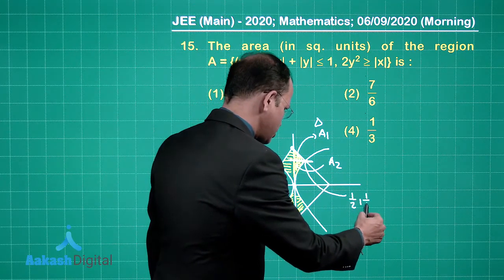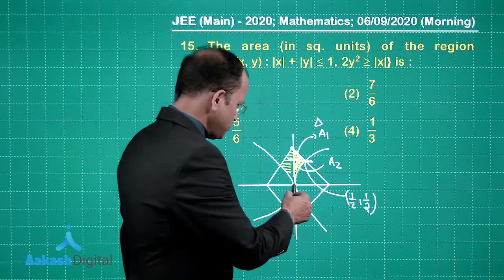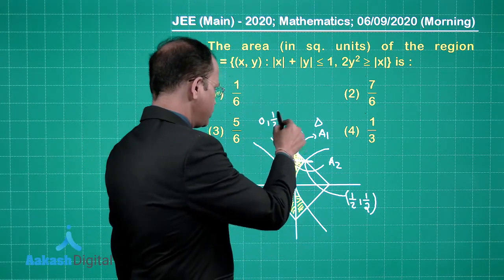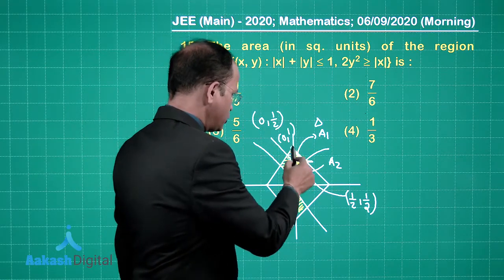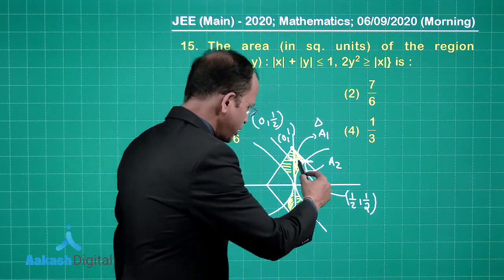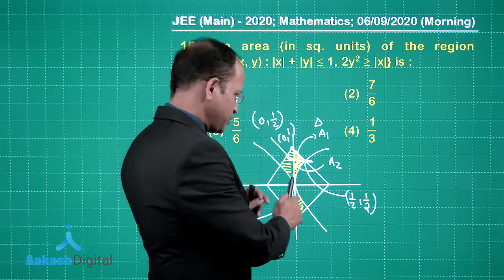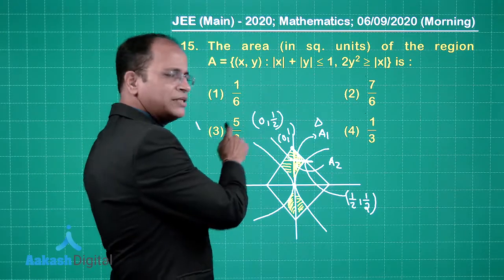So you have to just check it out by doing the calculation. So from 0 to half, that is 0 comma half is the point we have, 0 to half, and then we have 0 comma 1, half to 1. So this is basically the triangle and this is the area we need to find using integral. Once you find the area of this, we just multiply it by 4 and we get the answer as 5 by 6.